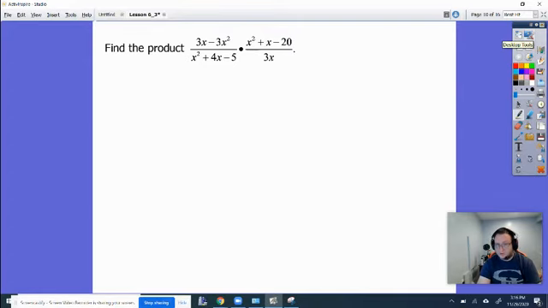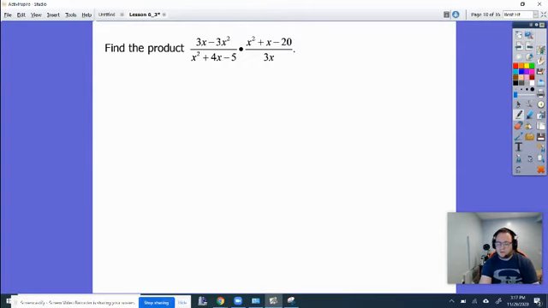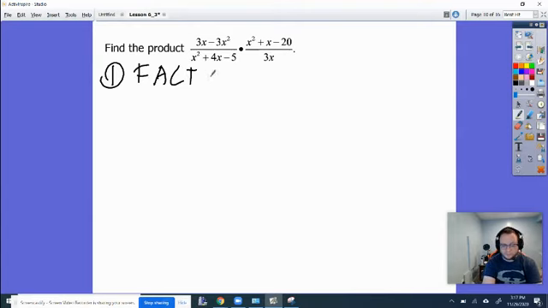For the next one, okay, now we have those plus and minuses. These are the ones that you're going to see most often. Honestly, you don't see a ton of these. They pop up on the ACT every so often. These are the ones that they really like. First step,